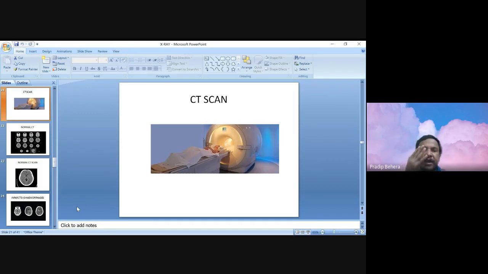And more important, normally while doing the X-ray, the radiographer also puts a mark, L or R, depending on the side, a radio opaque mark on the side of the patient. So that gives us a more objective idea, okay, this is the left side and this is the right side. So these are the things.